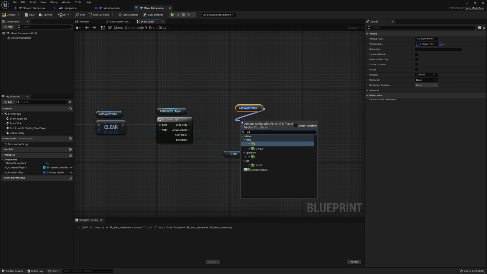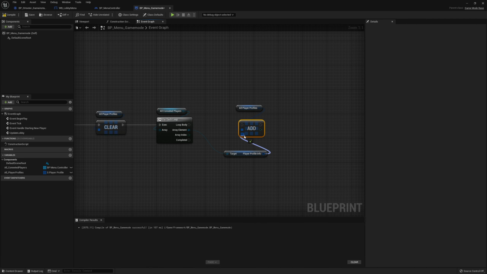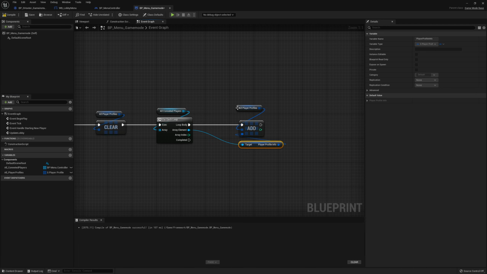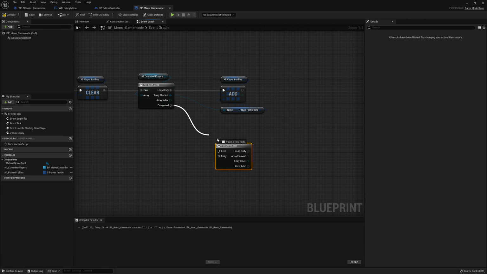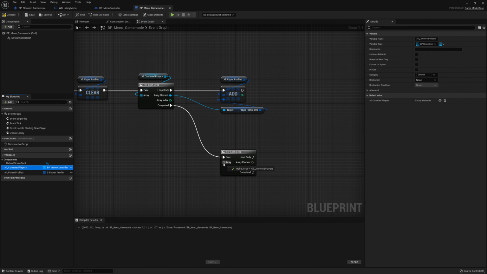So drag it in here and add to, hook this up to the loop body. So this will add each player's profile into the array, and then when that's done we are going to get another for each loop and hook it up to the completed pin, and again grab all of the connected players,